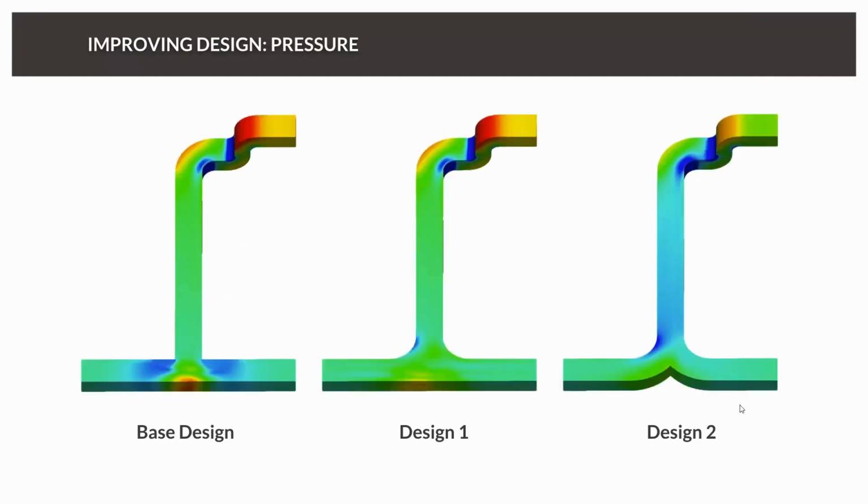Now let's take a look, for example, at the pressure distribution with the three different designs. Here it really becomes visible what is happening. The stagnation of this very first base design has an upstream effect on the flow. You can see that we have a stagnation here and also a stagnation on the opposite wall, near the inlet,